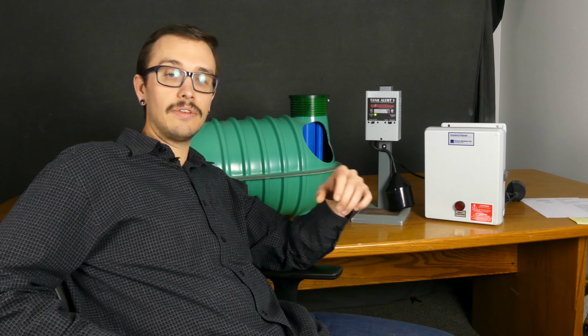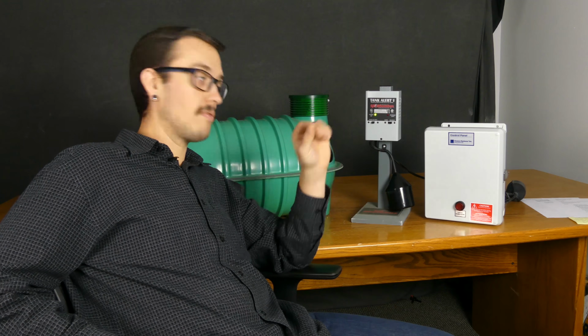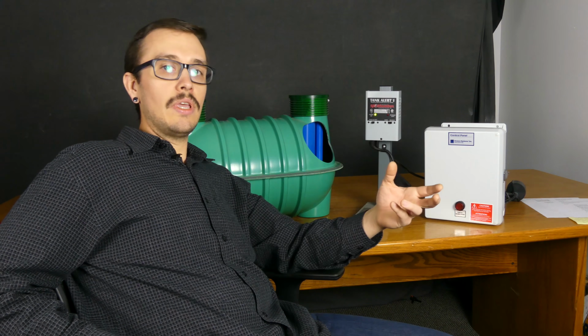Now, what next? We need to figure out what caused that alarm, and if you want to make sure that you can save yourself a lot of money, the first step that you want to take from silencing the alarm is prevent anyone from using water in the home. Oftentimes when an alarm goes off, people continue to use the water in the home, finish up that shower, finish up that load of laundry, finish up the dishes,